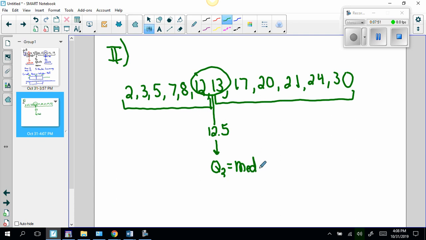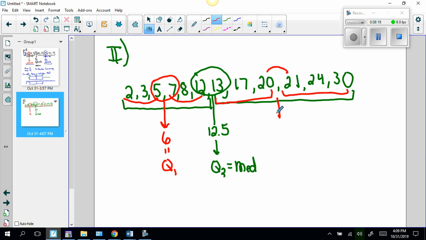Now your lower set is a set of 6. So you got a lower set of 3 and an upper set of 3, and you got to take the middle of 5 and 7, and that gives you 6, known as Q1, the first quartile, the first quarter. Then, once again, you take your set of 3, and you split the middle of 20 and 21, picking up 20.5 to be the third quarter, i.e. quartile 3,